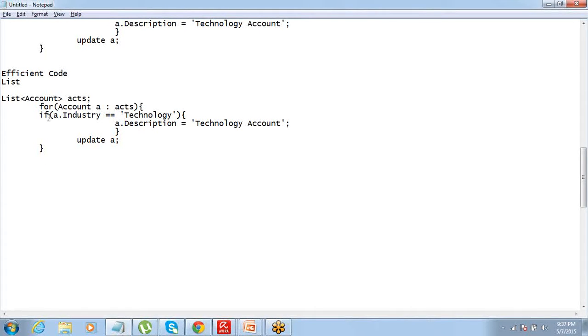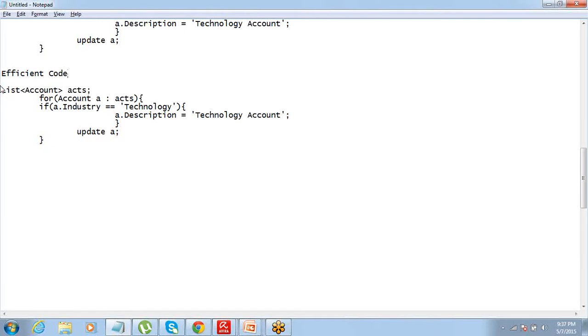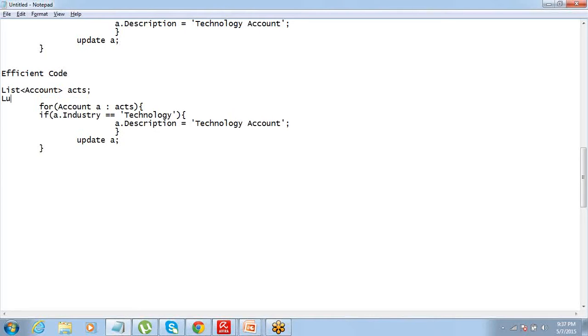So what is the efficient way of writing the same code? Bulkify the DML statement. So instead of doing a DML statement for one single record, do it for a list. Define one more list here, the updated list. And the rest everything should be the same way. For account a, this is this, this is this.